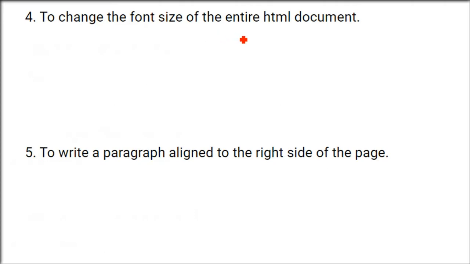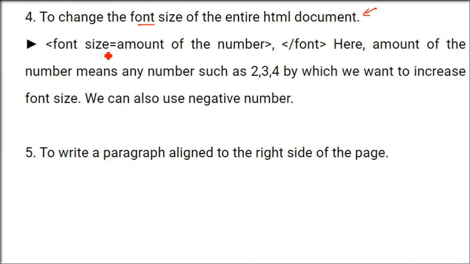To change the font size of the entire HTML document, so you want to completely change the document font. For that you will use this in body, means you want everything. So I'll just tell you about the font. The font size, here you are going to write the number. That number can be anything, it can be negative even.